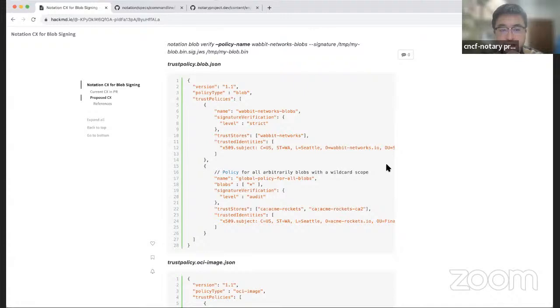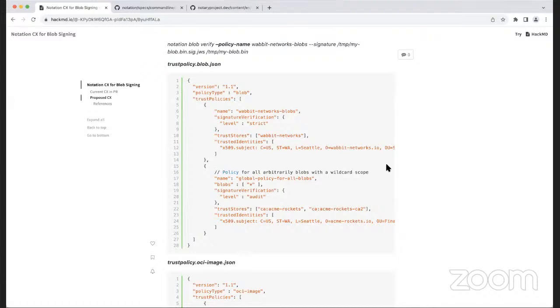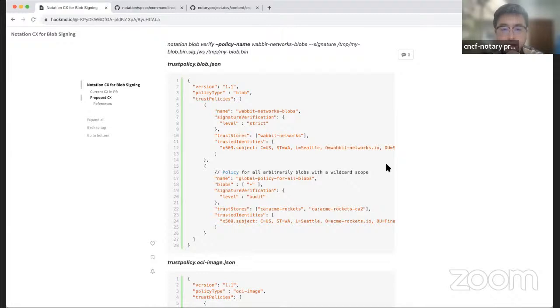They can just use commands like policy add, policy update, so that they don't need to edit the file and they don't need to copy the file from some places. But we didn't do it in this upcoming release yet. But it's better that we can consider that.